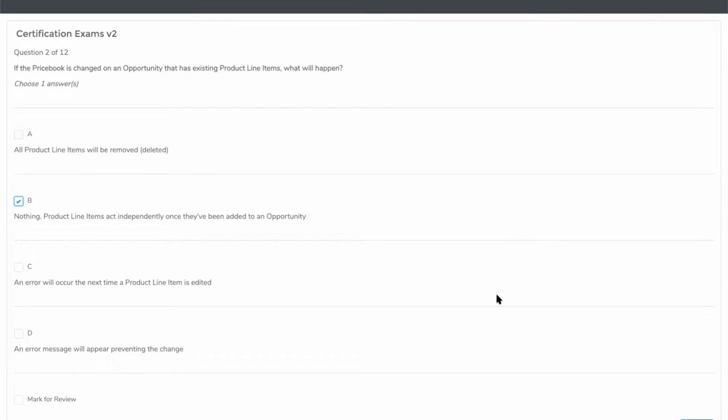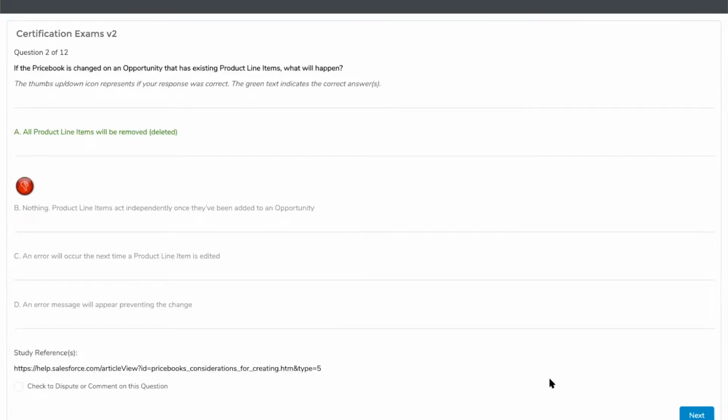I'm pretty sure this one actually, I've seen this question before. I don't know if I've seen it on an admin level exam or at least an iteration of it, or if it was on the advanced admin, but might be good to know. Everybody good with that answer? All right. It is A, the product line items will be deleted.